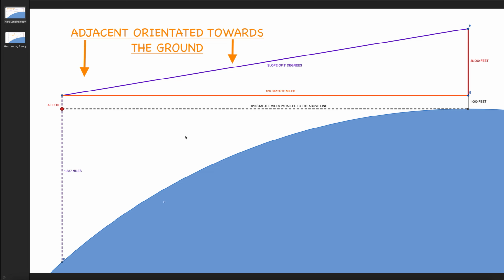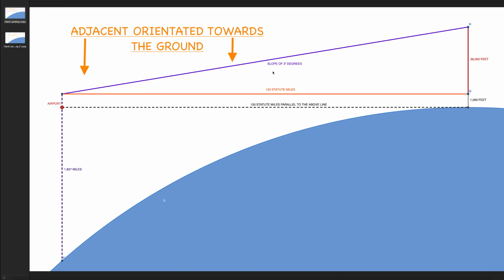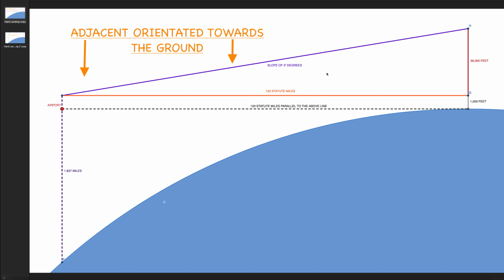Now, so we have two things. Number one, this can't happen if the Earth's a globe. You cannot use this formula, this calculation, this way of using trigonometry in this fashion if the Earth's a globe, because it doesn't work, obviously, right? Number two, the adjacent is orientated towards the ground. This is very important, right? This is what they do in reality all the time. So that means it's orientated towards mean sea level, and so is the airport altitude. So both of these are orientated towards mean sea level, and the orange line is orientated towards the Earth, basically, right? Third point is this requires parallel zeniths.